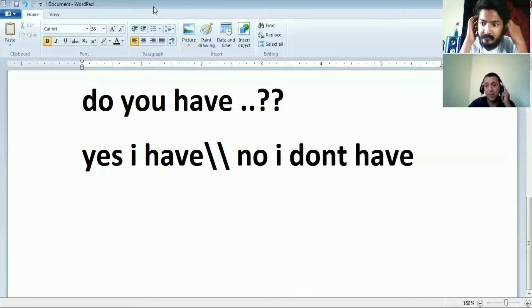Yes, I have a car. Do you have a family? Yes, I have a family. Do you have children? Yes, I have two children, but children is not ownership. We are talking about ownership only, right? That's relationship. We are going to discuss it later. First of all, focus on ownership, like non-living things, like objects, like car, laptop.